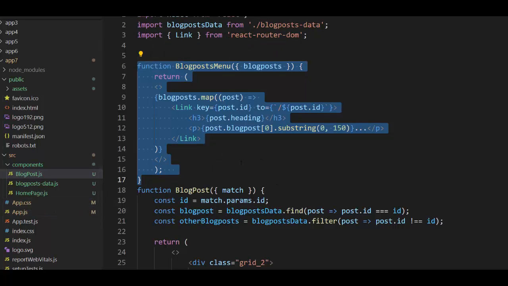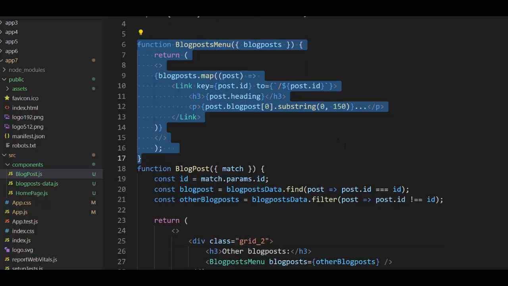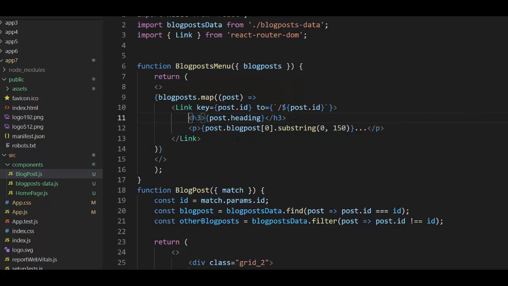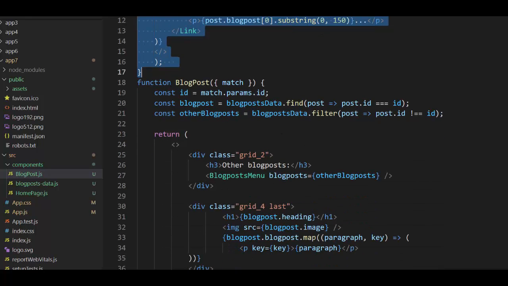It is the blog post menu, the left side where we have only the heading and substring. Blog post menu, left side, heading and